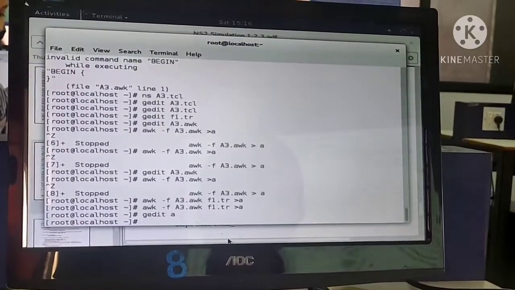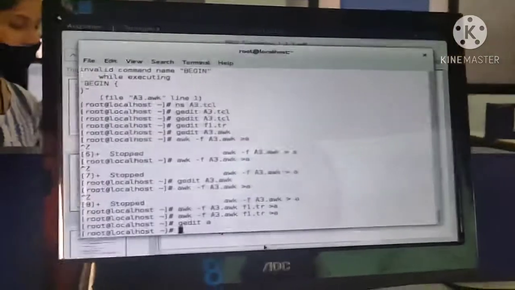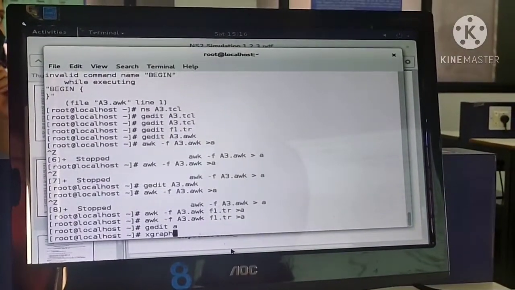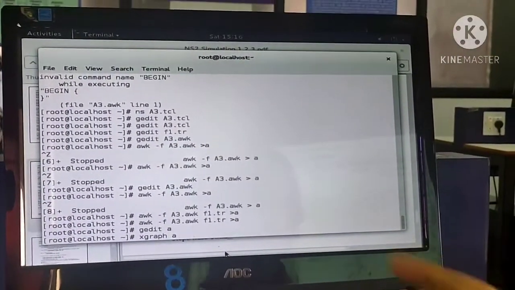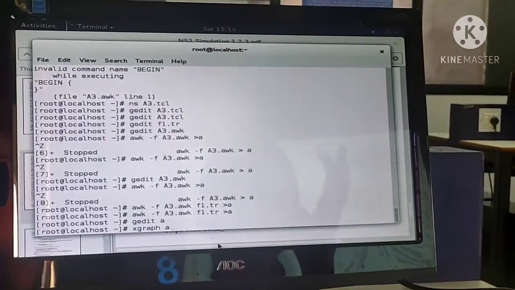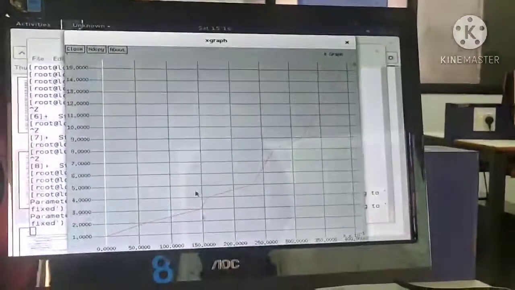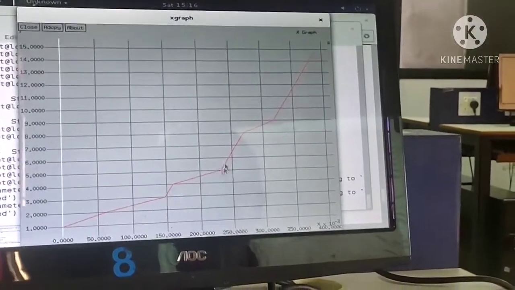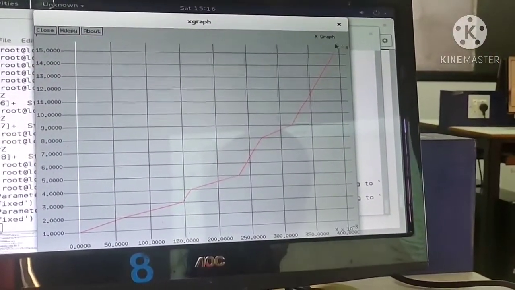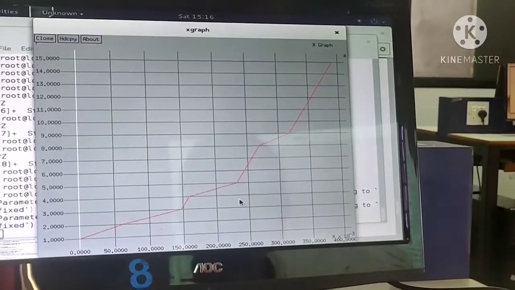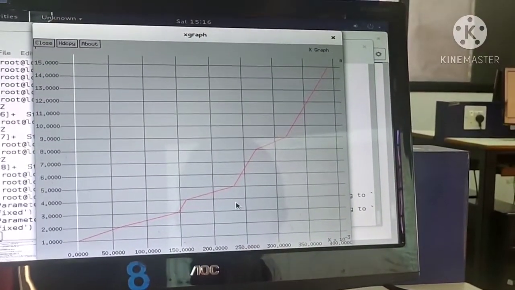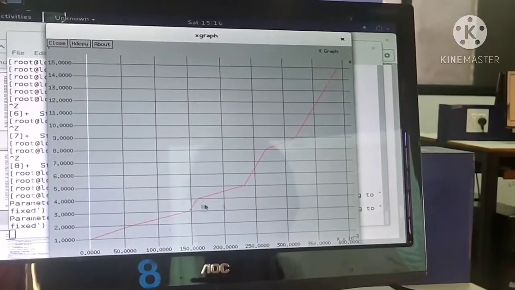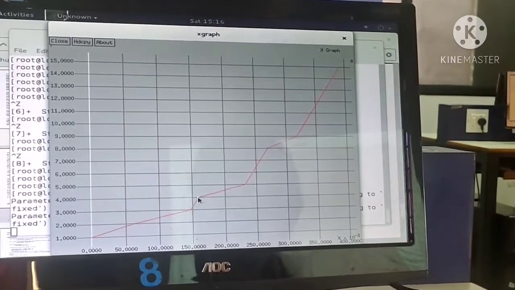Now let me plot the graph for this particular file. The command is xgraph and pass the file A. A contains x coordinate and y coordinate. So when you plot the graph, you can just see how the graph is. As the time increases, the congestion window size also keeps on increasing, right? And which one have I plotted this graph for? It is for the source node N0, which is normal TCP, no congestion control technique, normal TCP thing.